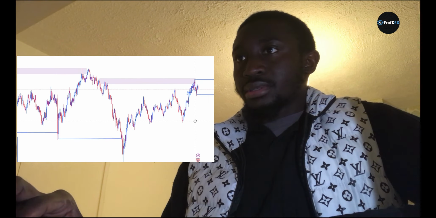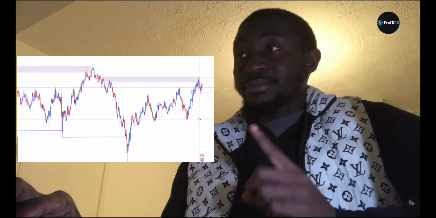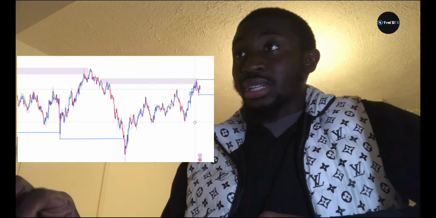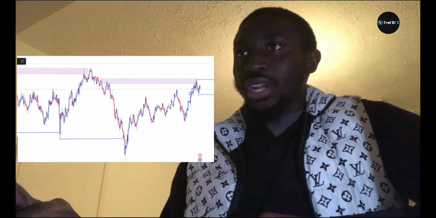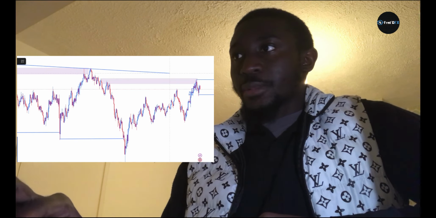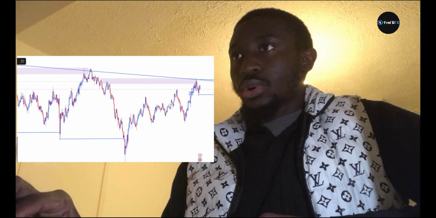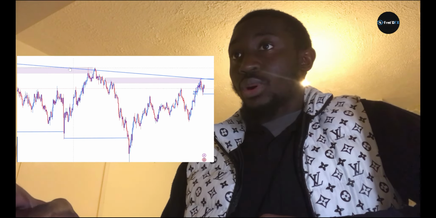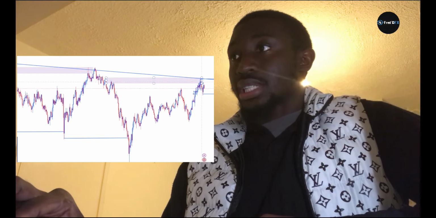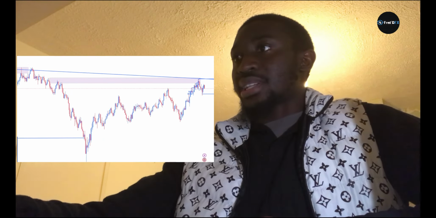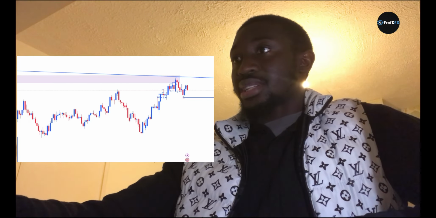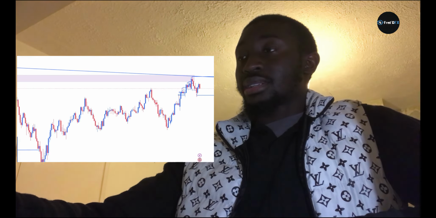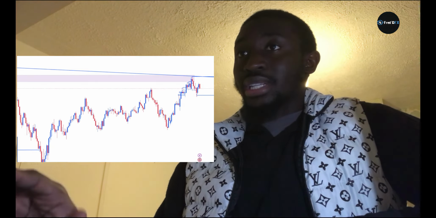So if you see on the weekly time frame, price is already selling, which is taking out the sell side liquidity already. Let me even connect this trend. Let me see if it's going to connect. Oh, the trend even connected. Wow. First trend, second trend, and third trend. And as you can see now, price is selling. Price has tapped into the area and now it's dropping. So for now, I'm not sure if I'm going to buy again. I'll be looking at sells for now, but I need a good clear confirmation.